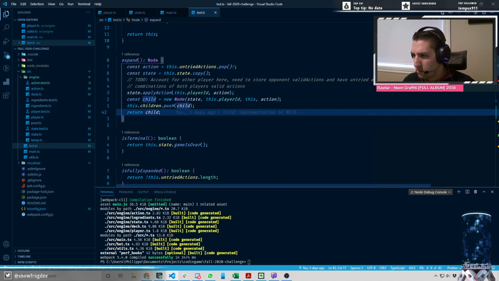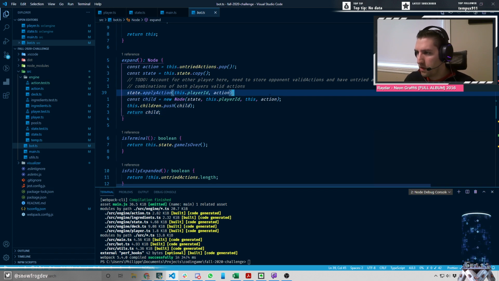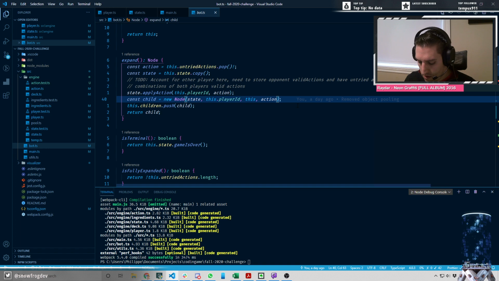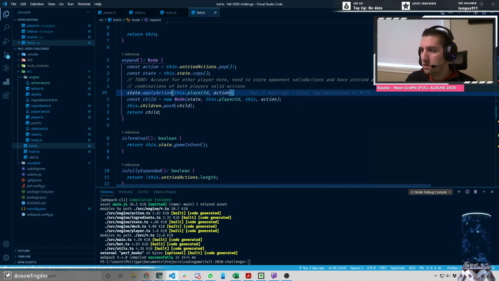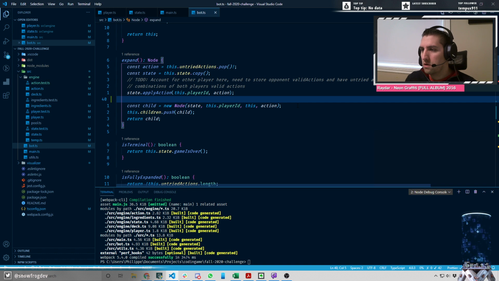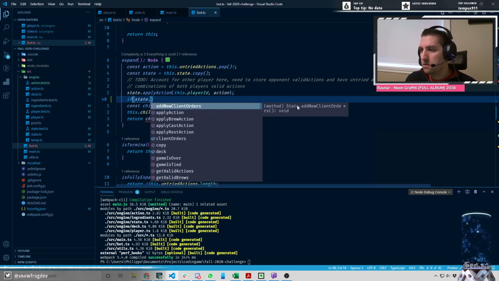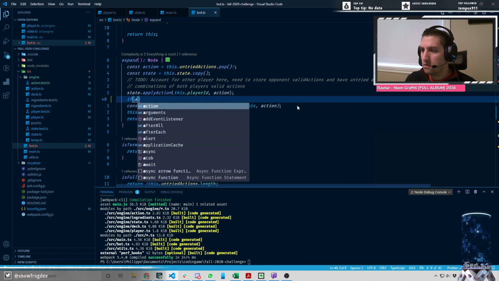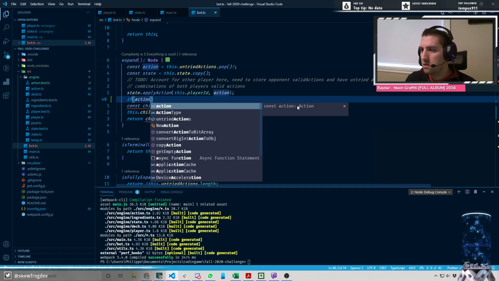Okay, so one thing we could do, so annoying, when I could just use a breakpoint. And one thing we could do is, all right, let's do this. If state dot, what are we looking for really? No, if the action. All right, so if the action,